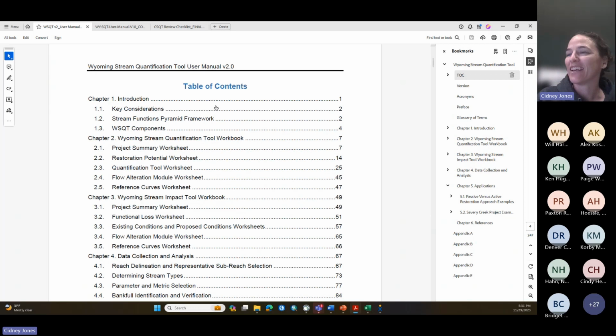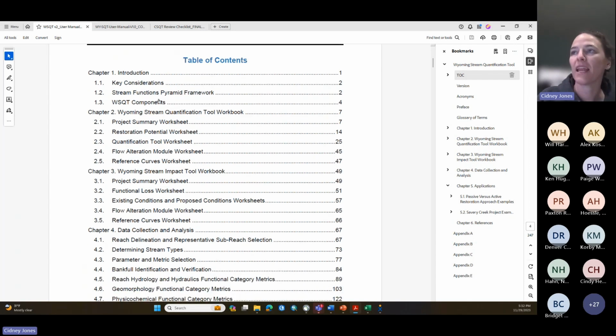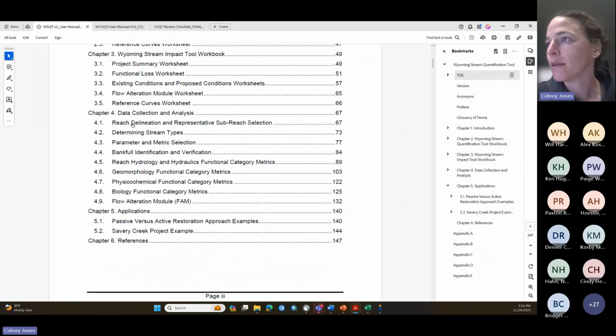All right. The new and improved Wyoming SQT version 2 user manual. It has a shorter introduction section. So chapter 1 kind of lays out what was the first half of today. So some key components and considerations for how we develop the tool and for use of the tool. It also goes through the stream functions pyramid framework, like Will did in the first presentation, and then goes through different components of the SQT, including